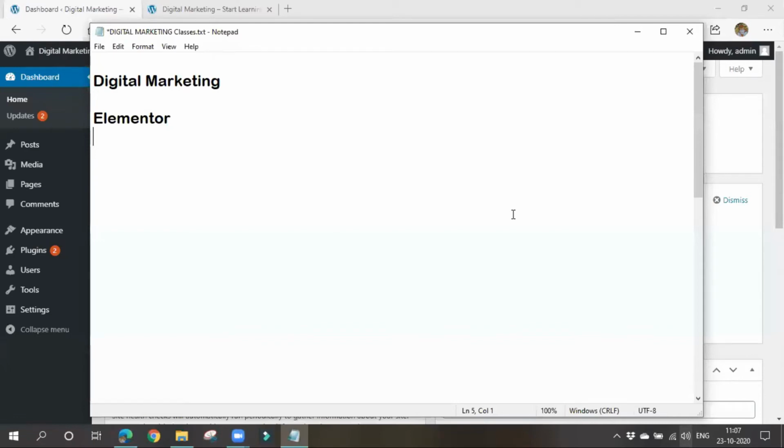Hi, good morning. In previous classes, we have learned about creating pages, creating some kind of categories, applying themes. We have gone through widgets and how to install plugins and make use of them. Right? In today's class, we'll be learning about Elementor plugin. Okay, so what is this plugin? It is a page builder plugin.